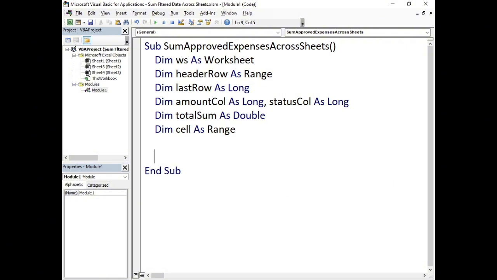Then I'm gonna initialize the total sum equals 0. So I should start from 0, okay, in order for me to be able to get the correct total of all the columns under the amount column. So what is the total sum equals 0? It initializes the variable total sum to 0 before the macro starts summing anything. So before we sum anything, it should be